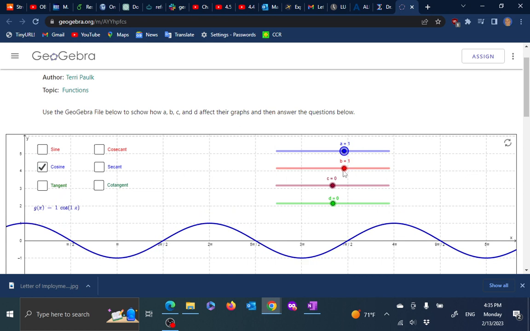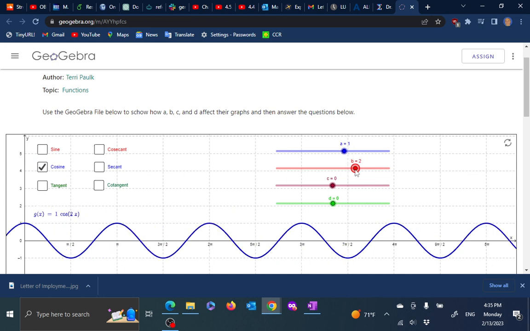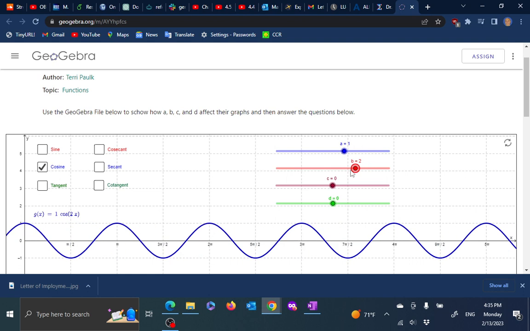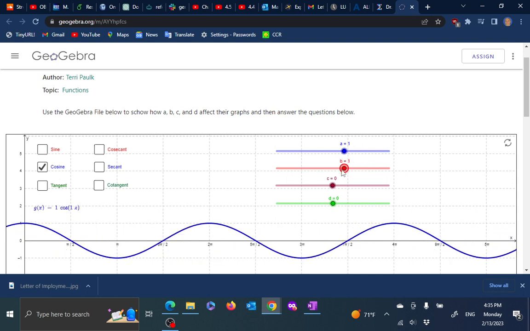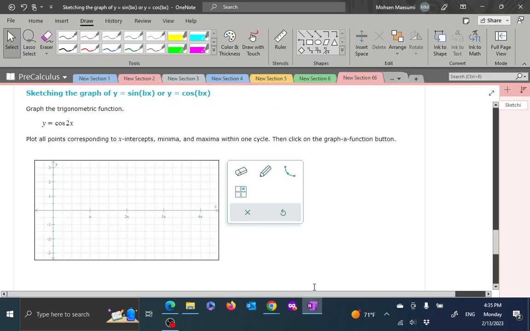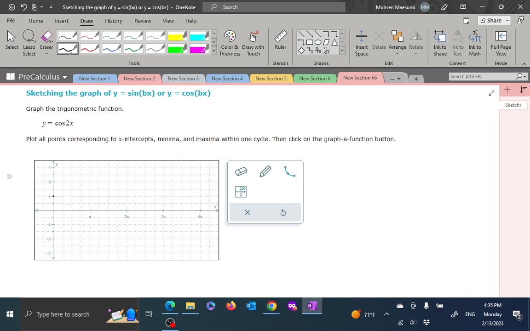In this lecture we are doing something a bit more challenging, which is the frequency, which is if I go from 1 to 1.5 to 2, you see that the wave is being compressed, and the higher the b is, the more compression I have. The smaller the b is, the lazier the wave becomes and takes that much more time to go up and down. So that is the set of exercises that we are doing, is a copy of that. So cosine of 2x, it by itself would have,